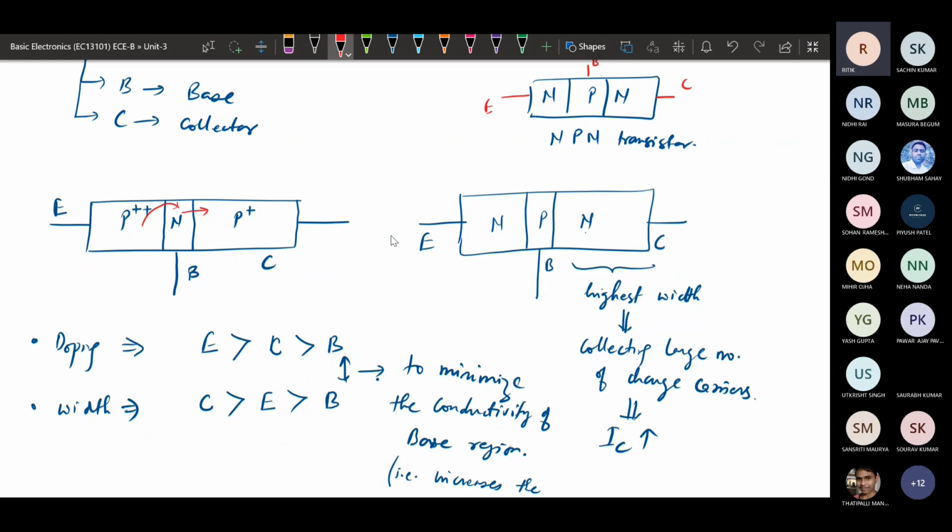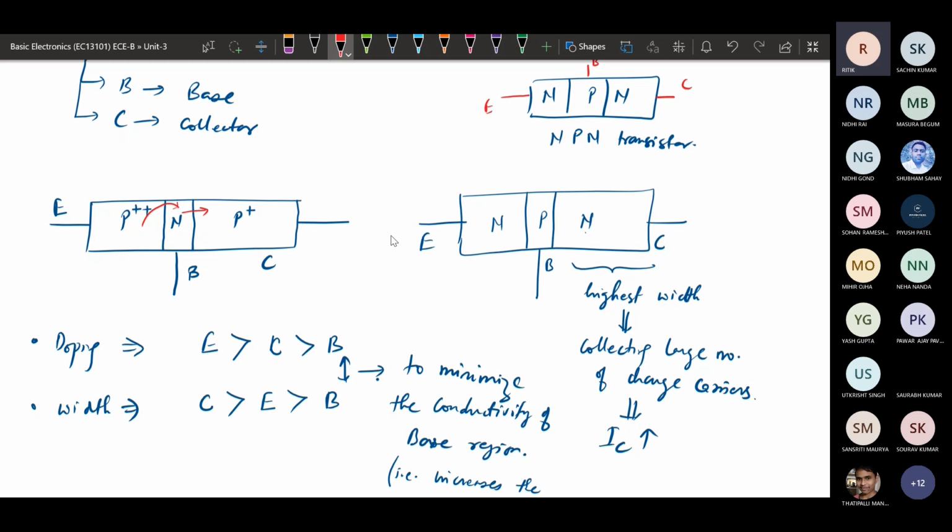That's why the base region has smaller doping, so the recombination will be very little. With less recombination, most of the charge carriers from the emitter will move to the collector side, and that will be part of the current flow.